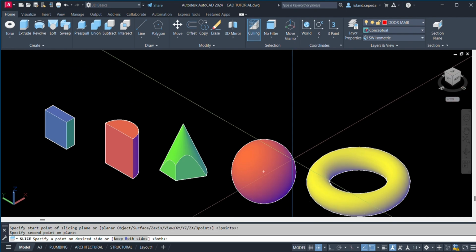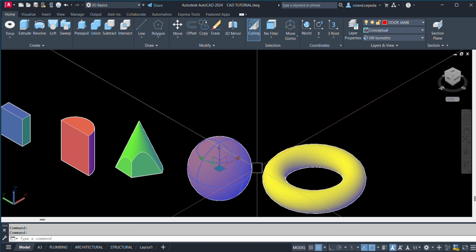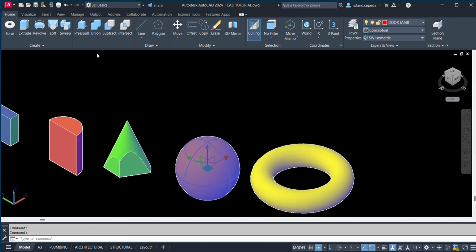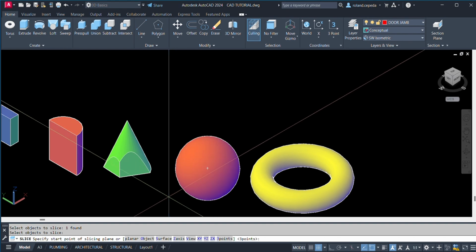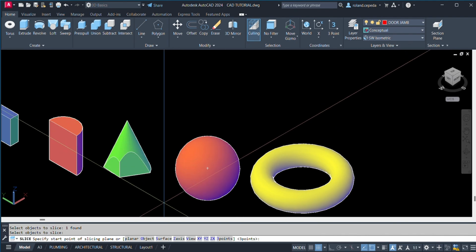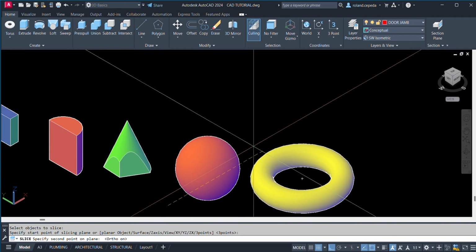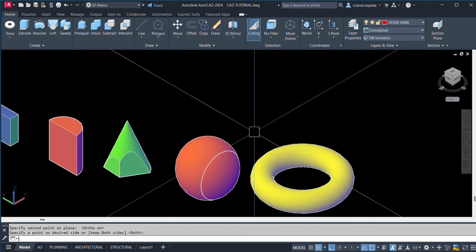Specify second point. Select the object, then space, and specify start point. And then this way. Space. Okay.